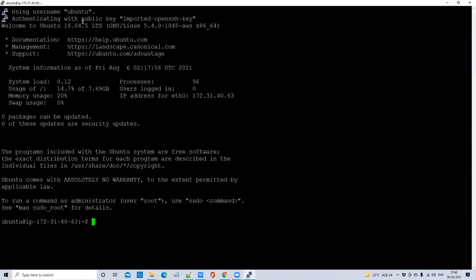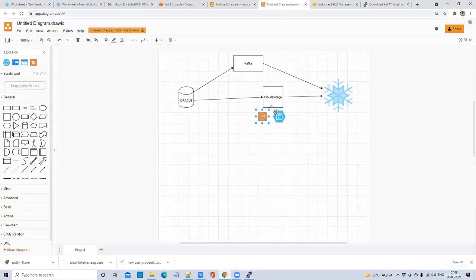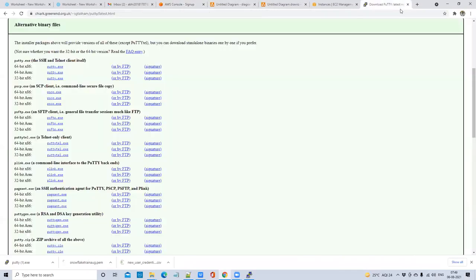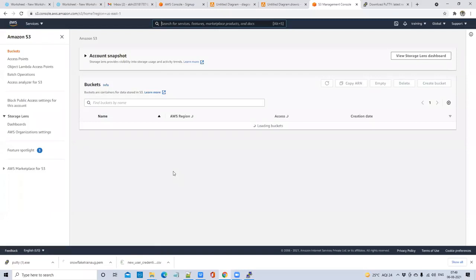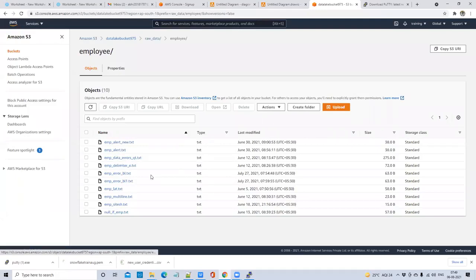This is a way to spin up a new Linux machine or new Ubuntu machine, or you can even spin up a Windows machine. Now, why I'm discussing all this is we need to establish a connection between your S3 and Snowflake, because all my files are in S3 and I want to load those files into Snowflake. Let's say I have an employee file, and that employee file has to be loaded into my Snowflake table. Let's say I will create an employee table. So I want to load all these files into my Snowflake.